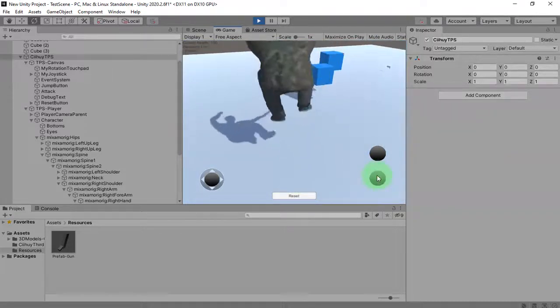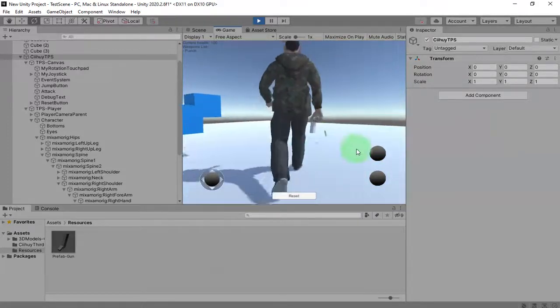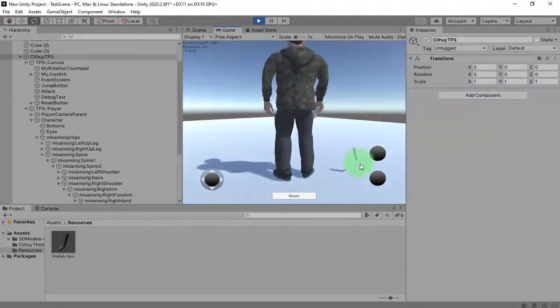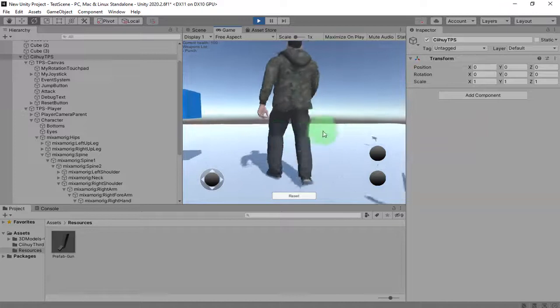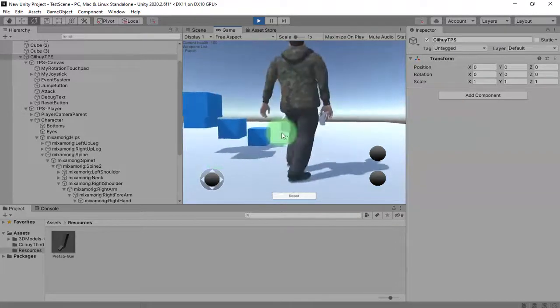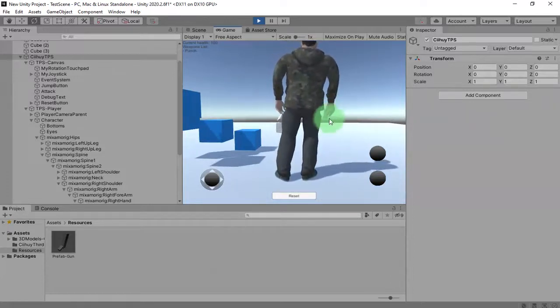It didn't jump correctly, but you can fix it if you are following this tutorial. Forget about it. And okay, that is the way to place the gun at the hand of the player.